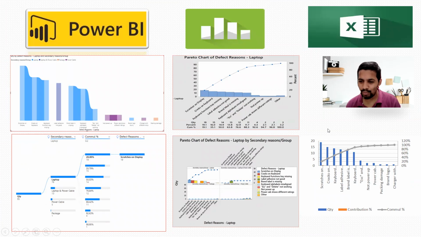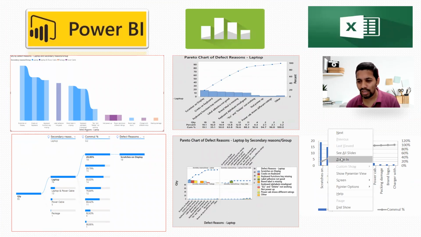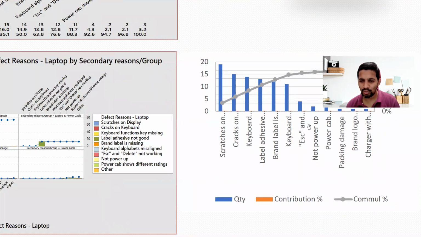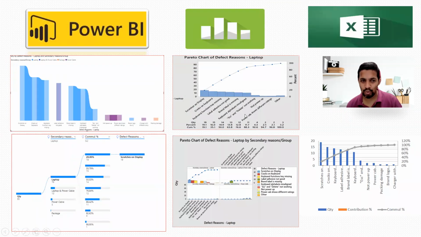Excel is a normal version. And the one thing about Excel is that it is user friendly. At the same time, you have to create everything on your own. For example, let's say you have quantity. That quantity you need to convert into individual percentage or cumulative percentage. You have to create everything and then go and pick up the graphs. But these other two tools, Power BI and Minitab, have defaults.